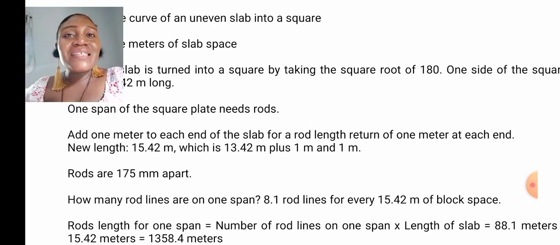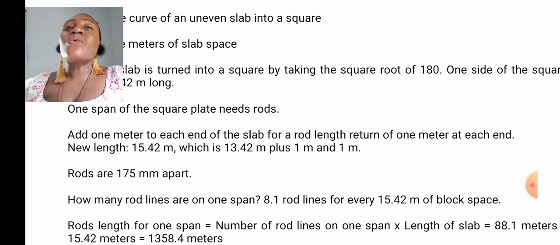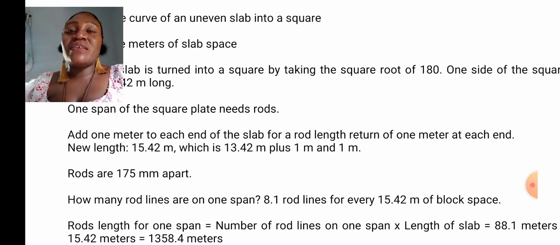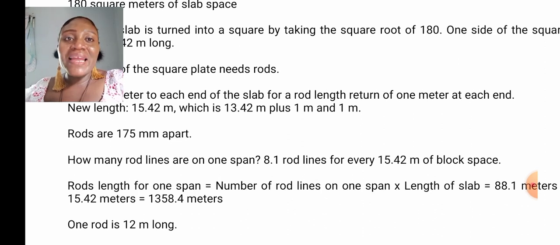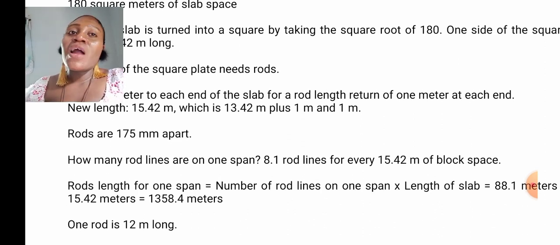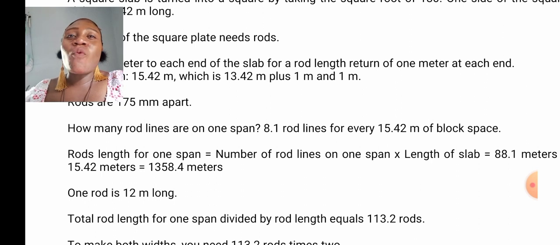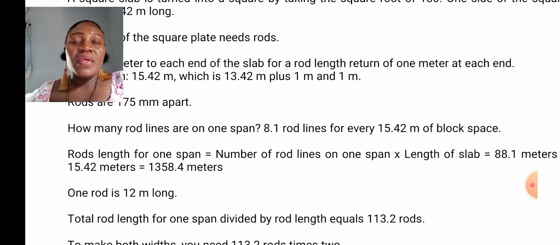That is that 13.42 which it was, plus 1 meter at each end, which will now make it 15.42 meter. Rods are 175 mm apart. So now, how many rod lines are on one span? 8.1 rod lines for every 15.42 meter of block space. Rod length for one span equals number of rod lines on one span times length of slab, which will be